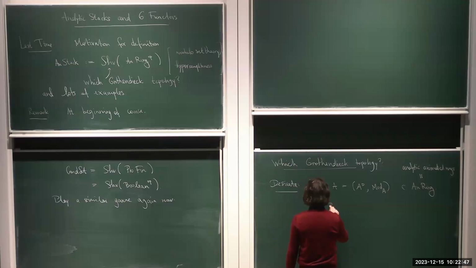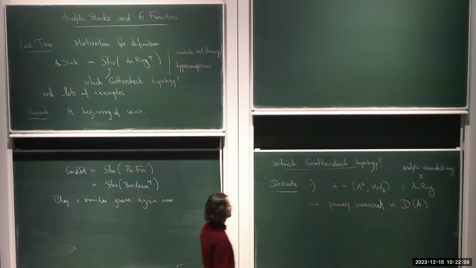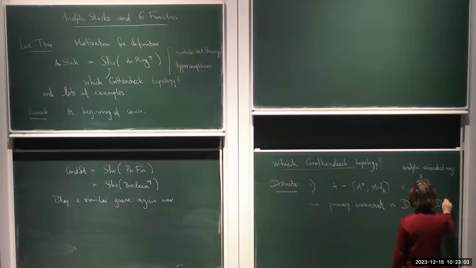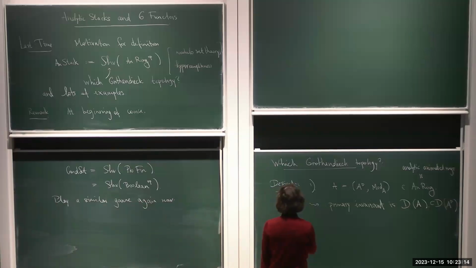then the primary invariant that you're interested in is its derived category of complete modules. Recall that this was defined as a full subcategory of the derived category of the condensed A triangle modules, such that all the homology groups are complete. And okay, so this is a primary invariant, and we want that somehow A maps to D of A